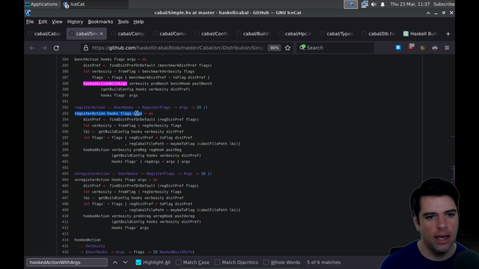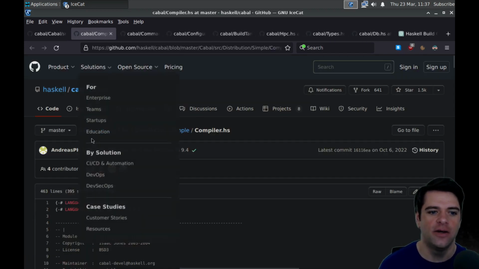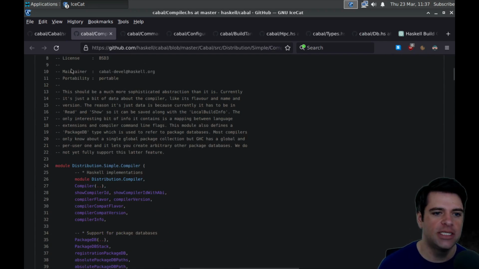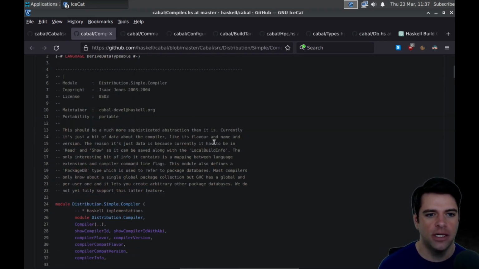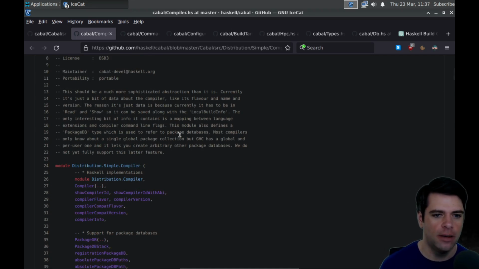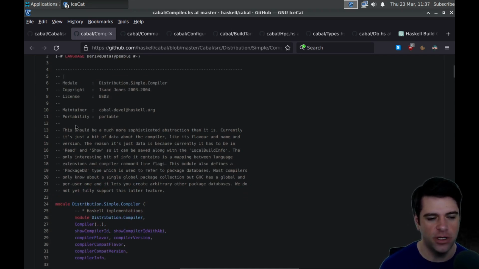So maybe they're always curried in practice. Like maybe you call register action hooks, and then later you give it flags and args and stuff. I don't know. Okay. But it didn't seem very registery since it seemed to be like executing the thing you're actually passing in. I'm guessing that maybe the part I'm missing is that it's going to typically be curried, and then to kick off the execution, you have to feed it a little bit more data. Or maybe it's just registered by virtue of the laziness of Haskell.